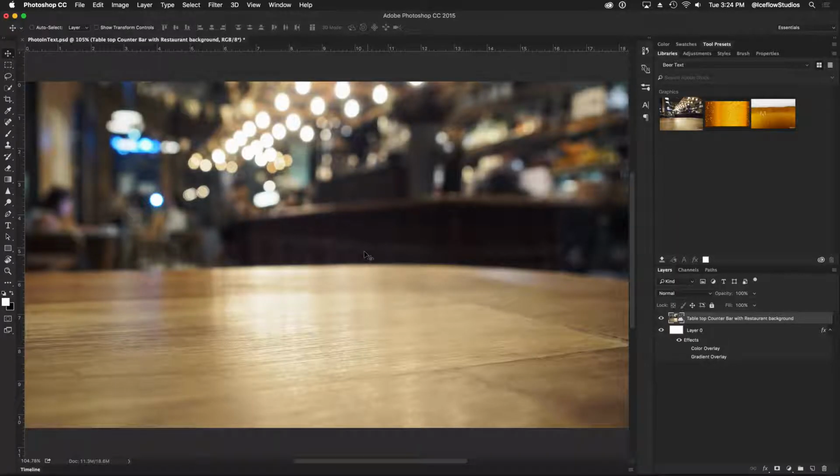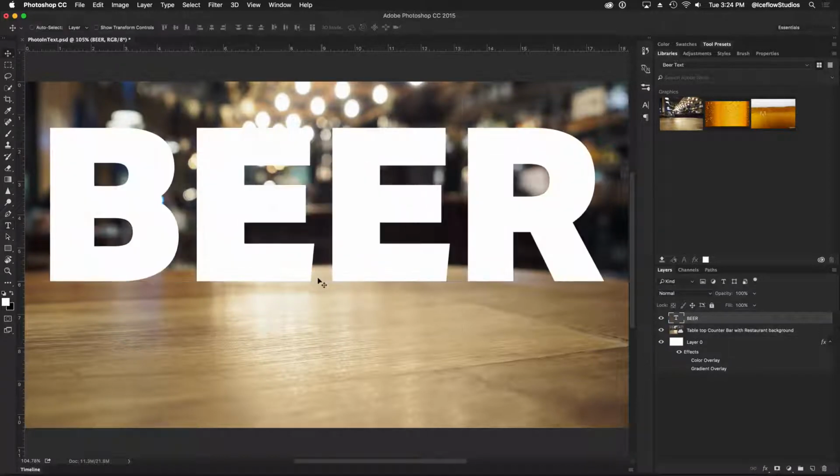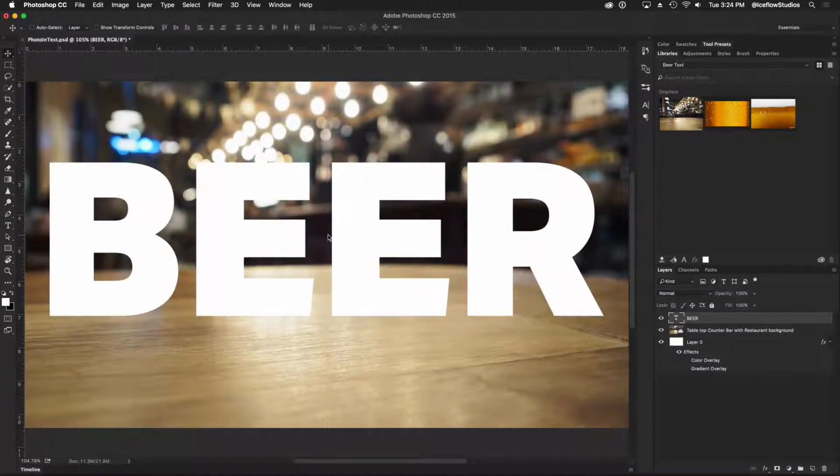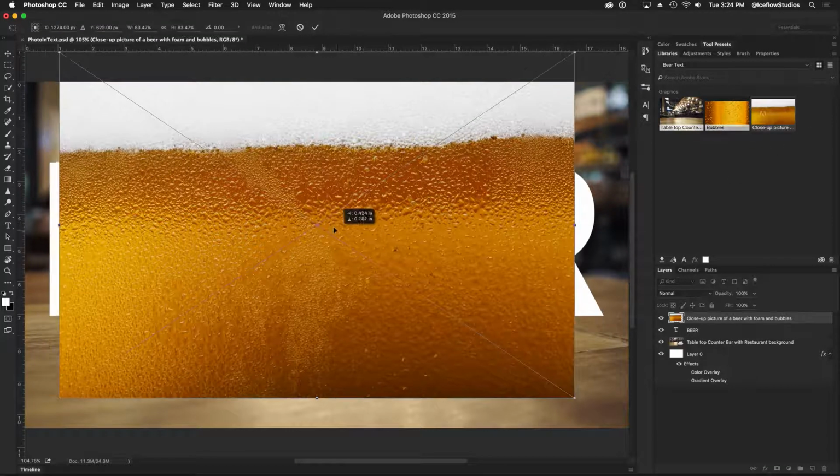Looking to place an image within text in Photoshop? Start off by typing your word of choice, preferably in a nice large font. Once your text is in place, bring in an image, like this one from Adobe Stock, and make sure it